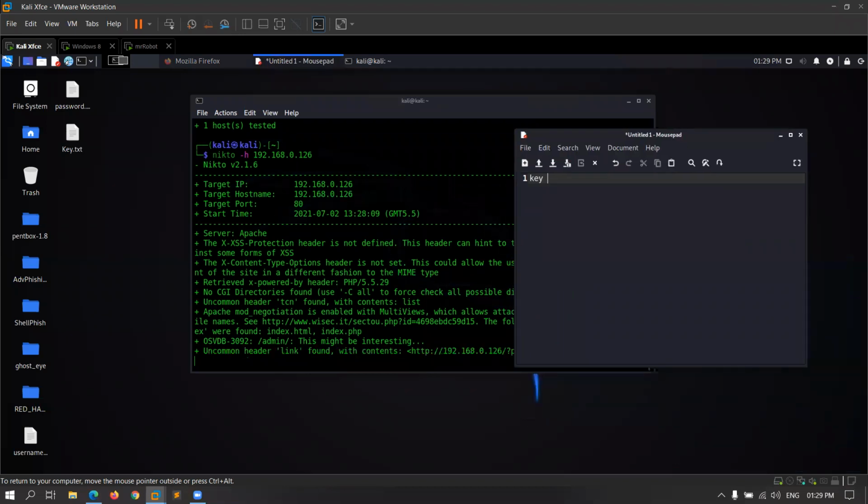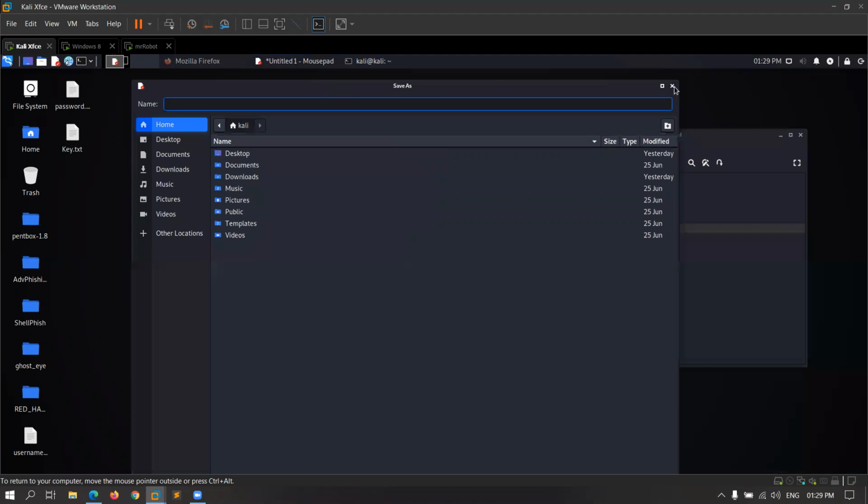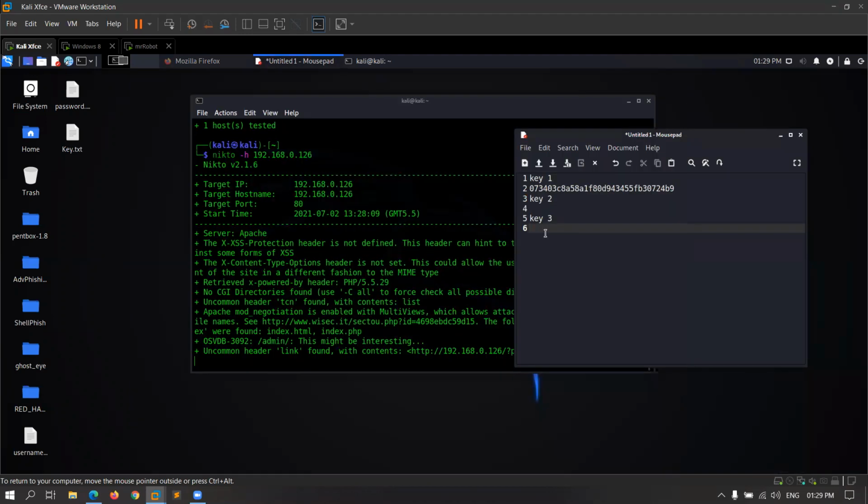So key one is this. Now we have to find out key two, which is not an easy task because every key is difficult to find after each key. So we have to find out key two and key three.